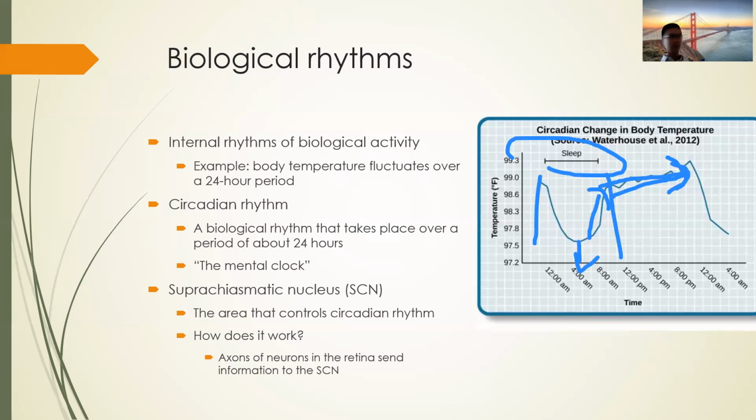Okay, the SCN is analyzing the brightness of the environment. If the environment is too dark, the SCN knows that, oh, it's night. It's time to go to sleep. The body temperature drops down. And there's low levels of physical activity, low levels of sensory awareness. And people will feel really sleepy because